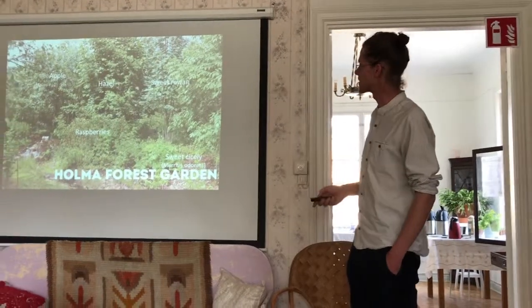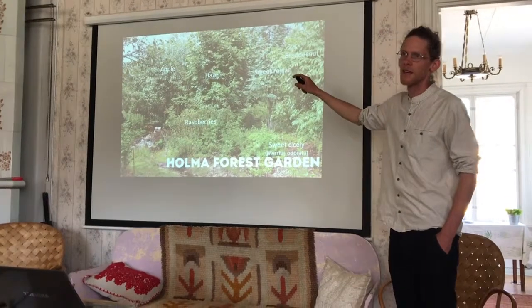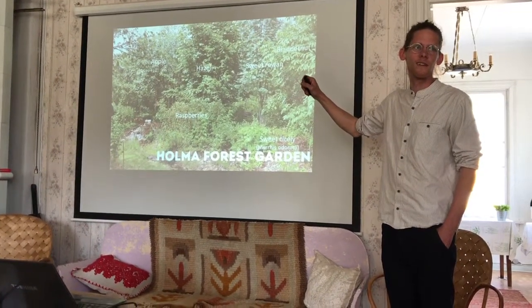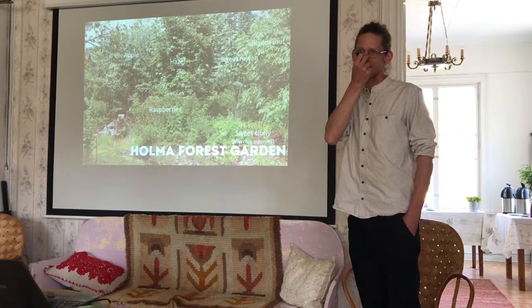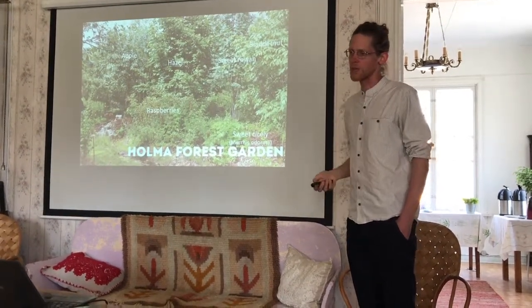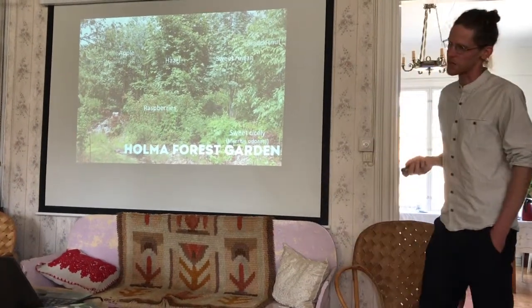They also have another tree or a shrub in the back here, which is called bladdernut. Is there anyone who grows that one in their garden? You don't have it, Johan? No? None of you? Yeah, Staphylea pinnata. This is the European bladdernut, and I have a tendency to talk a bit about it because